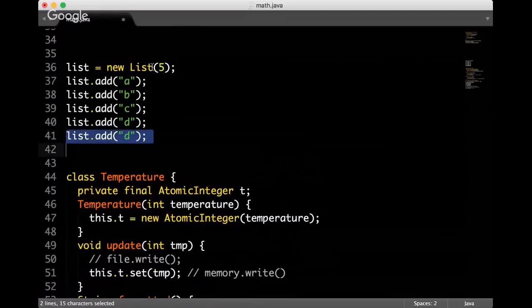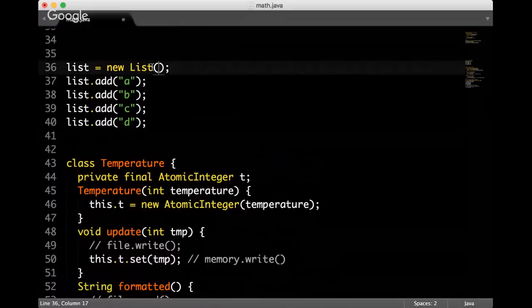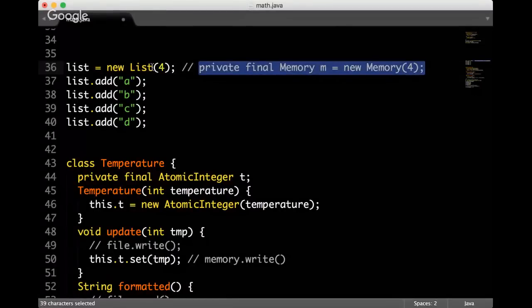So when we create that list, somewhere inside it probably makes a private final attribute, which would be called memory of size 4. So when we create a list, inside the list, it creates a piece of memory, and that piece of memory is ready to accept 4 pieces of data or whatever.